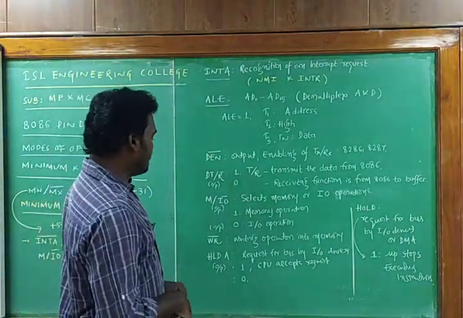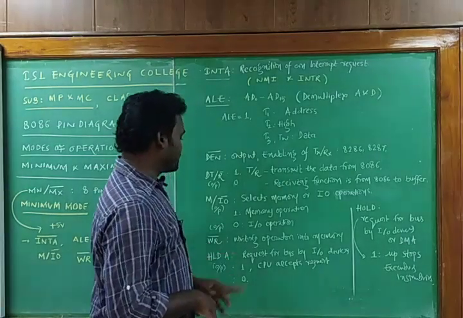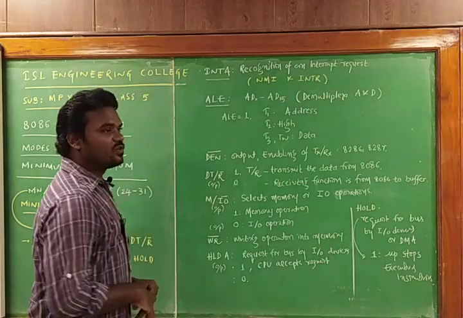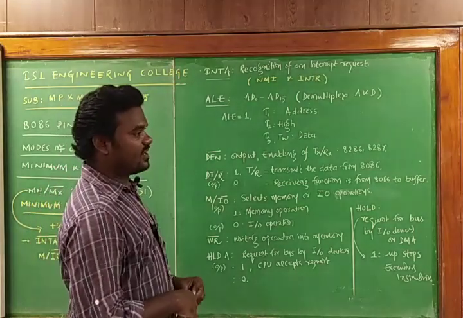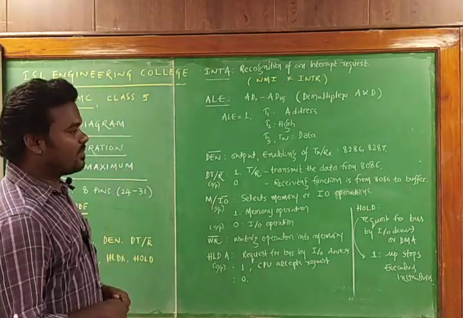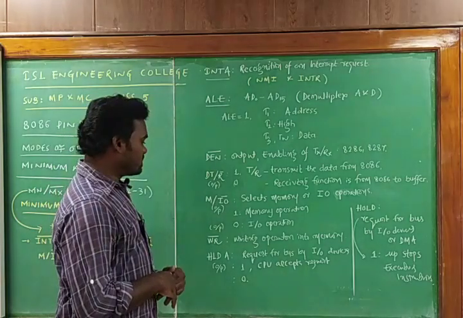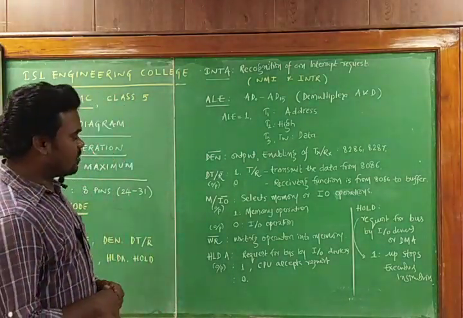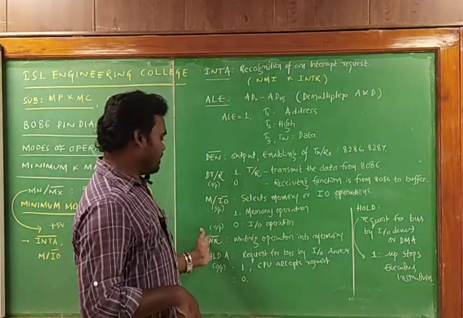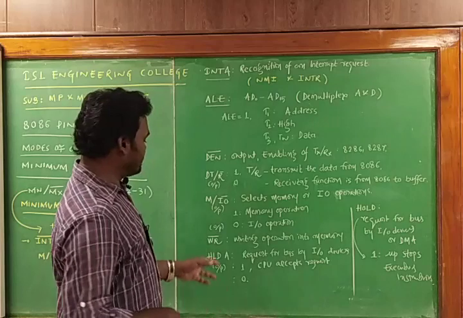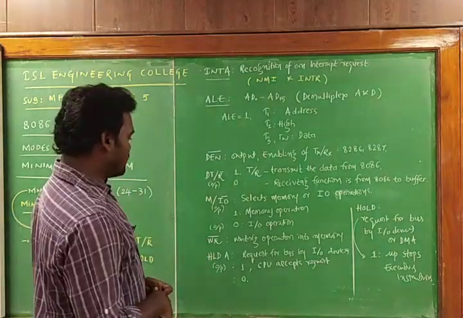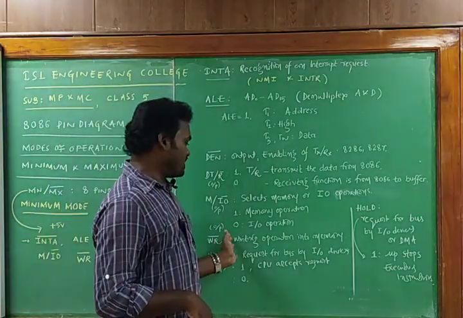And the next one is write, WR. This is the writing operation into the memory. We know that a single microprocessor cannot perform any function by itself. It has to be interfaced with input output devices like memory and counters. This signal performs the writing function into the memory, and it is an active low signal. Whenever it is logic 0, it writes into the memory.